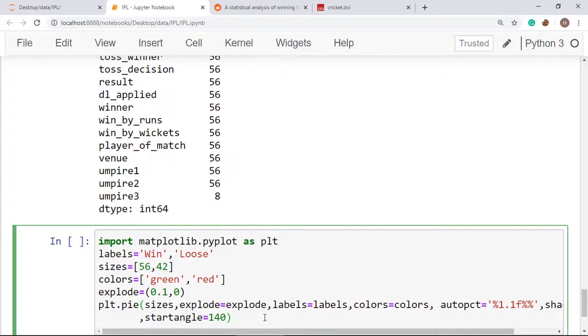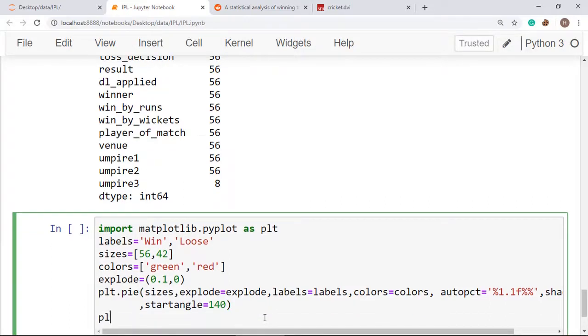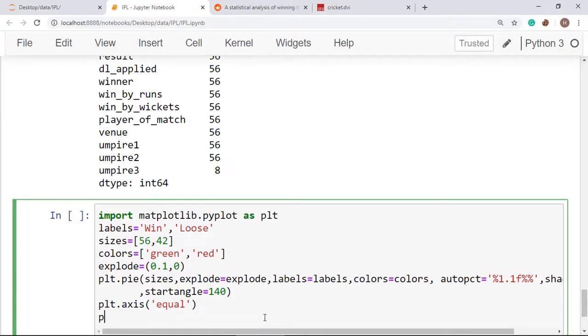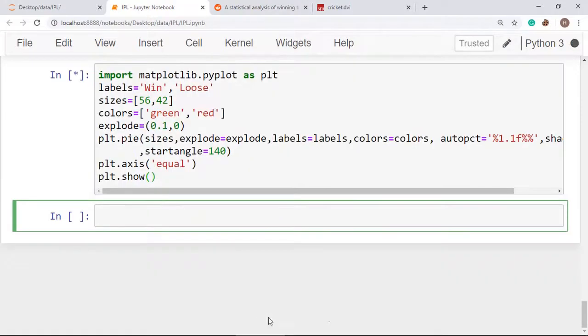So I'm putting it here. And now I want the axis, like plt.axis, and I want all these as equal. Okay. And now the last thing, which is plt.show, and this will display our graph.